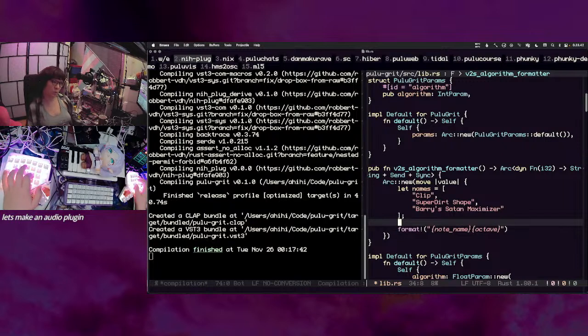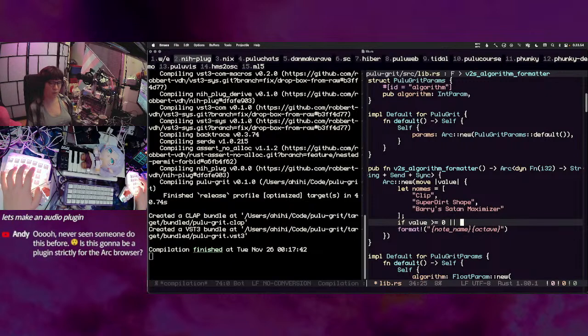So then what we want to do is check if value is greater than 0 or